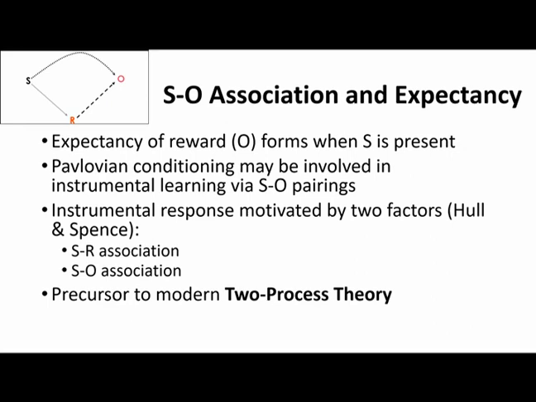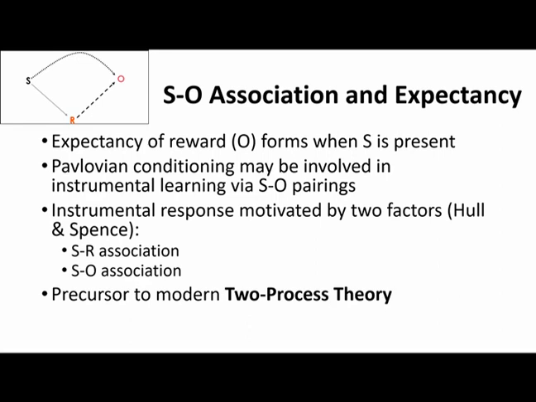And now we're expanding on that to say that the fact that this outcome will only occur in a specific context or in the presence of specific stimuli forms another important association that can relate to the instrumental learning process. And in fact, these two ideas, this SR association and the SO association, were the two major factors